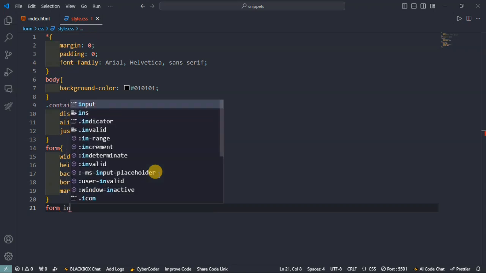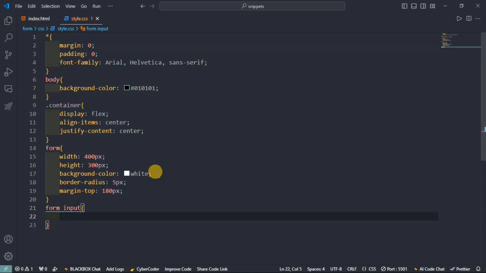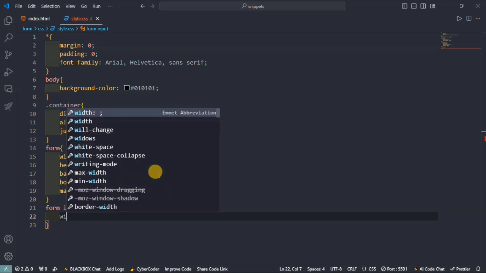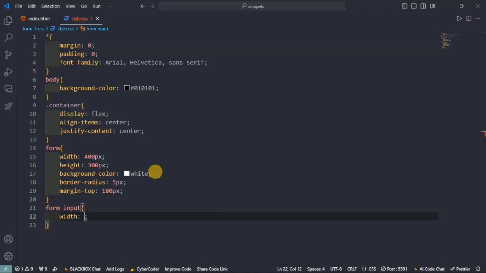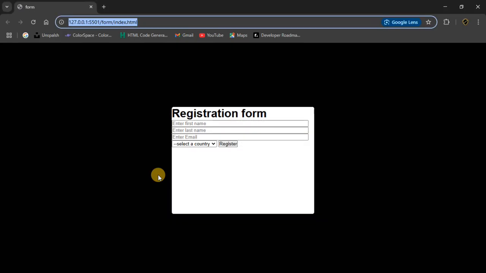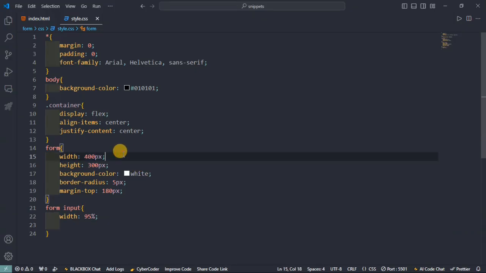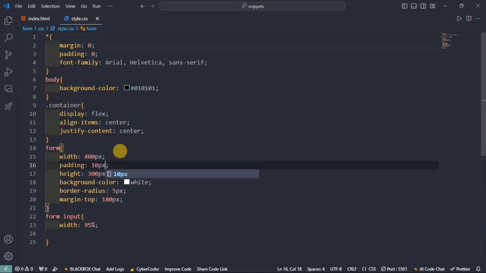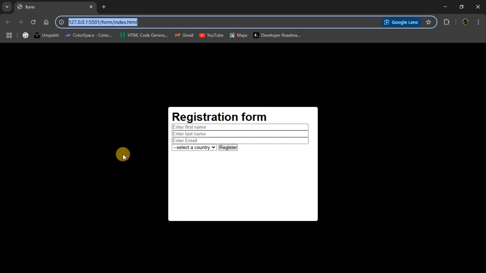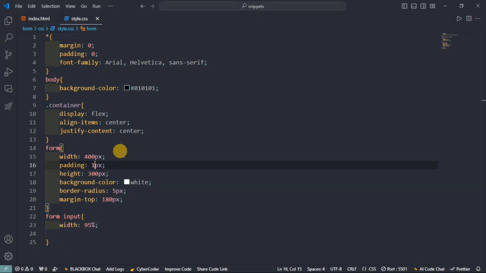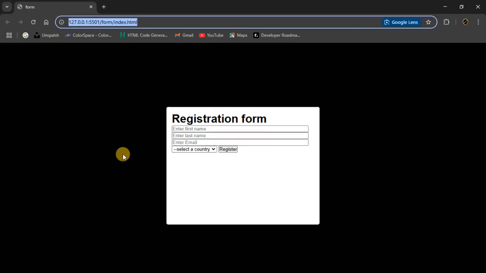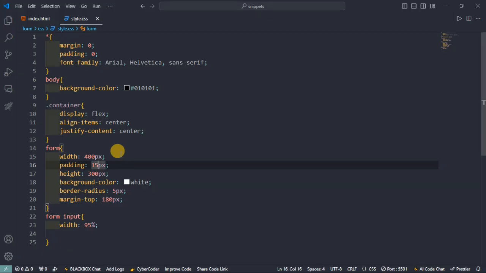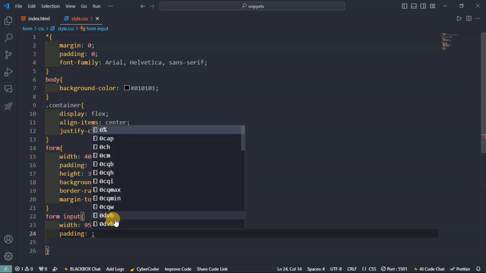So input, we are going to say width of 95%. Okay, we are meant to give this form a padding of 10 pixel. Okay, yep, let me increase it to 15. Okay, 15 is okay. Then now inside the input, we are going to add a padding also, padding of 8 pixel,